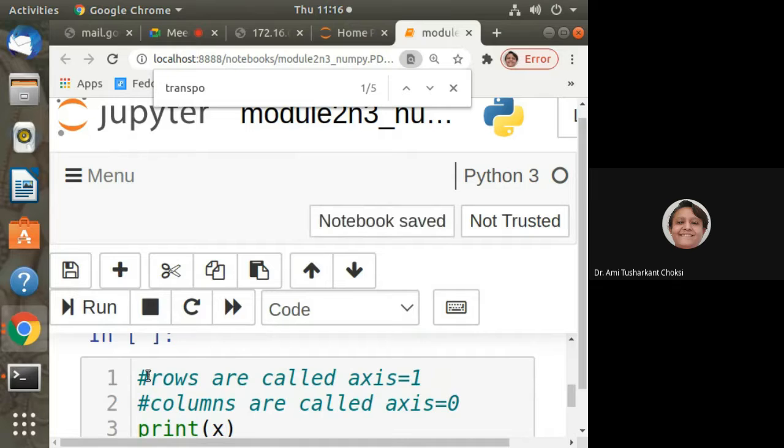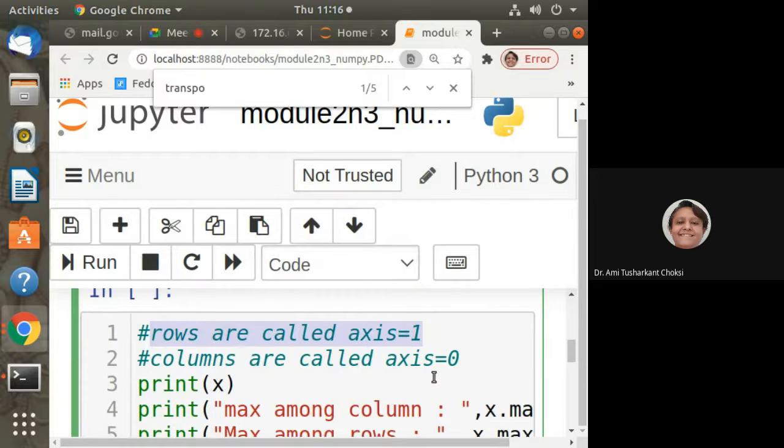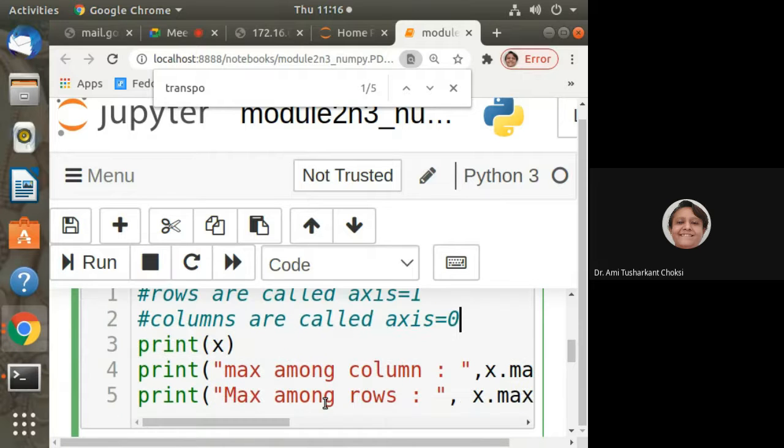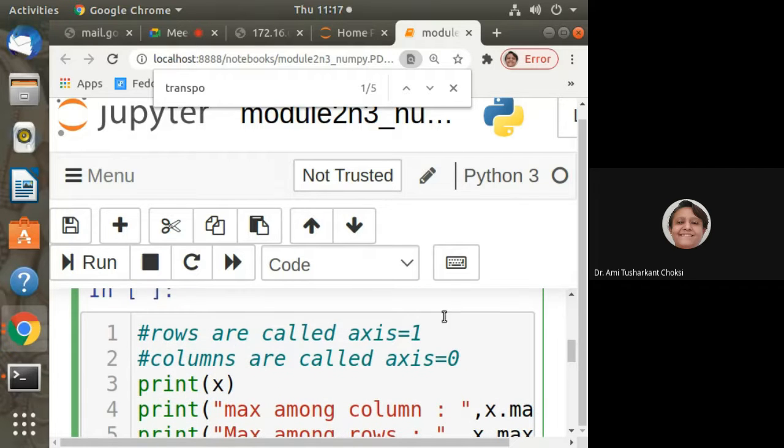Now, rows are called axis equal to 1, and columns are called axis equal to 0, right? This is what we should keep in mind, because for many functions and many other topics we'll be having this, that is axis equal to 1, axis equal to 0. So row major, isn't it?